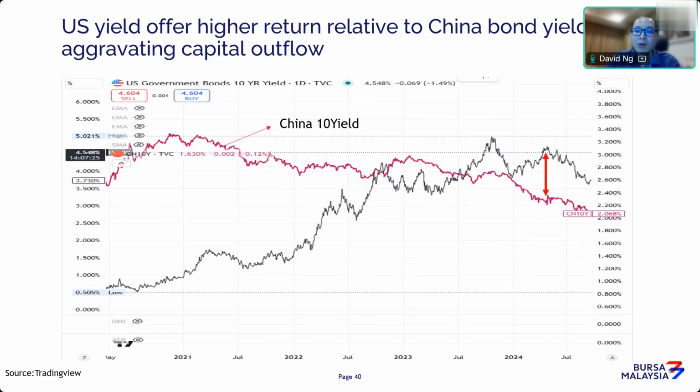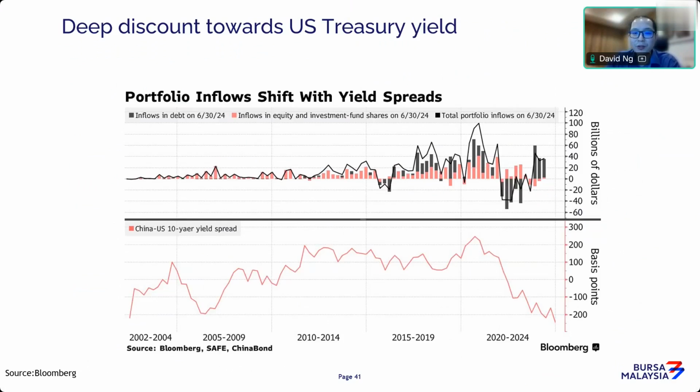I think the yields will get more diverged. If US interest rates continue to stay where they are, in fact, if they continue to go higher, you can start to see this yield differential get even wider. And when that happens, you start to see more outflow coming out from China and into the US market. So again, I mentioned, China used to enjoy a premium, but now they are actually enjoying a discount, which means that the Chinese treasury yields are at discounted levels compared to the US treasury yields. So it does indicate that this fund outflow is going to be quite massive going forward. If these spreads continue, people tend to favor the US market rather than the China market.